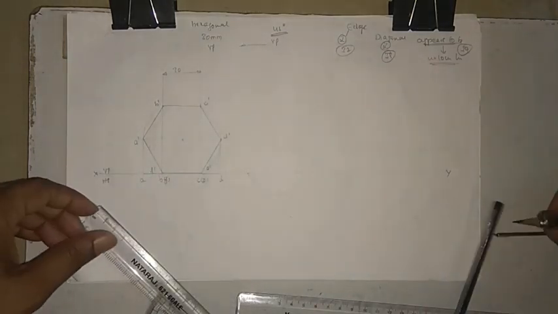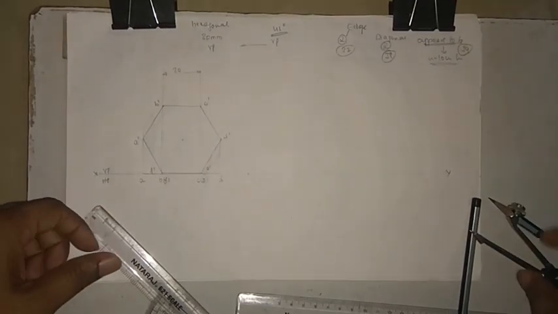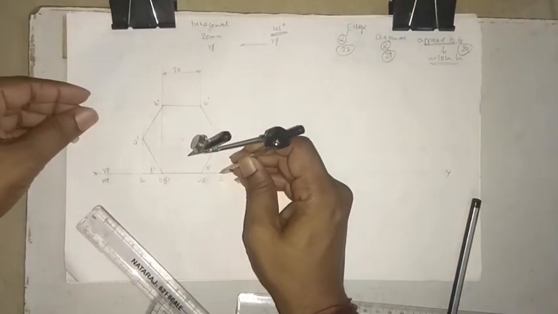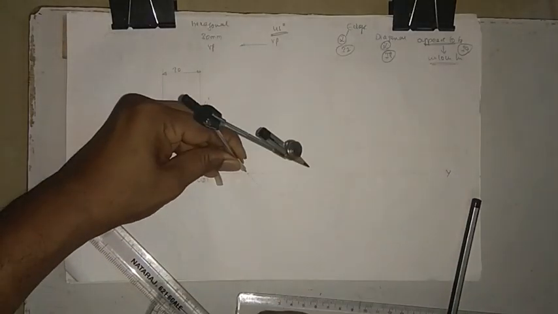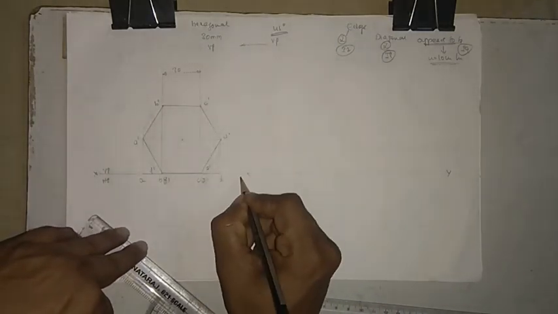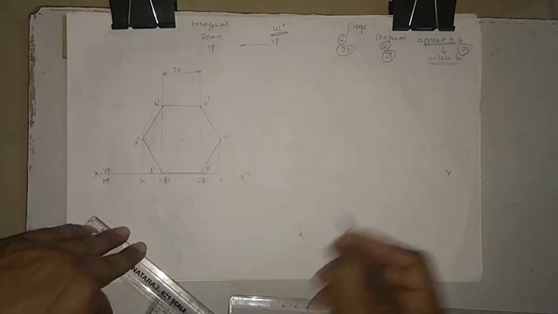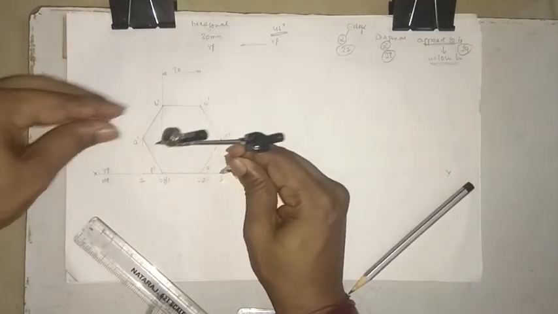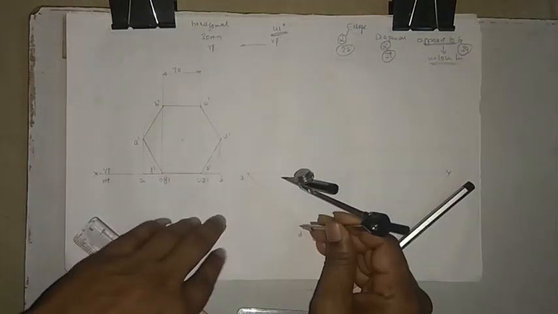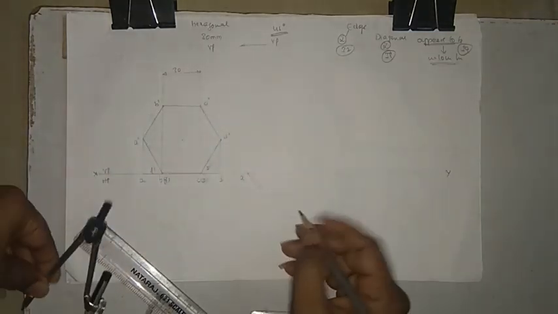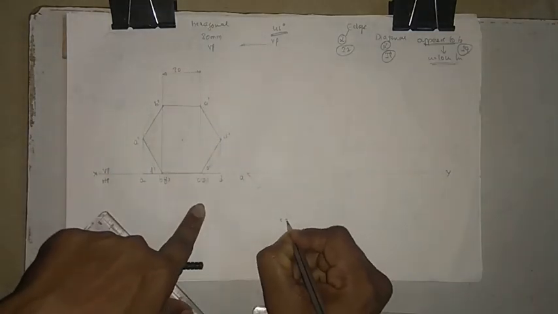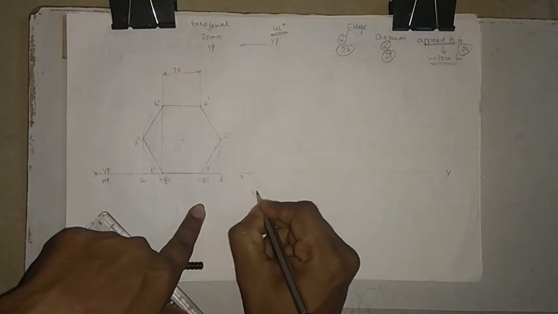Okay, so when this one is done, you can take the reference from the front view, and you can just cut it on the reference point. So now this is A and this is D. Okay, so when this one is done, take a reference from each corner, just cut 2 arcs in order to get the remaining points. Okay, so this is our C, E and this is B, F.